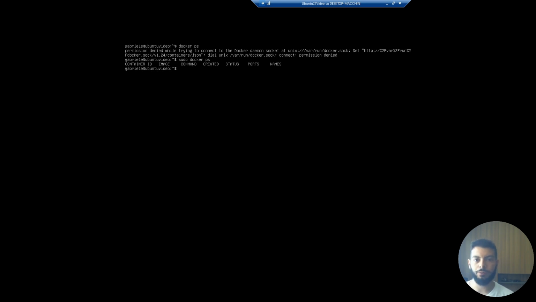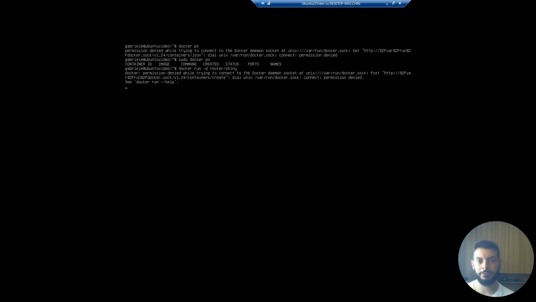Clear, docker ps. You have to use sudo because when you use Docker you have to add a special user. But anyway, you can see that with Docker currently I run nothing. Let's try to pull a very simple statistical service. Docker run detached rocker shiny. That is a service used for dashboards. Of course, the same mistake as before: you have to add sudo.